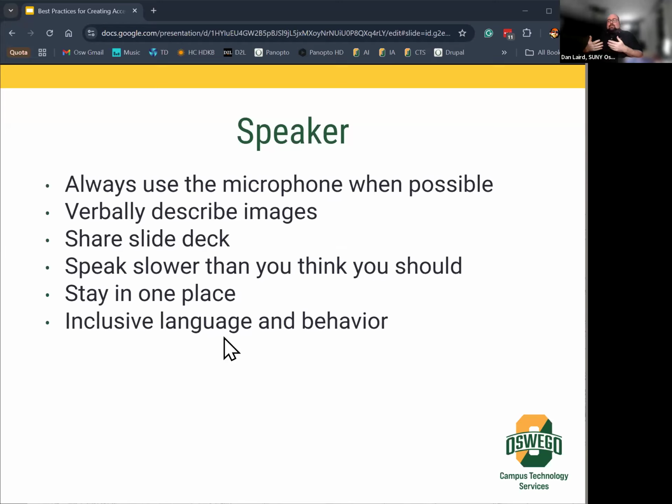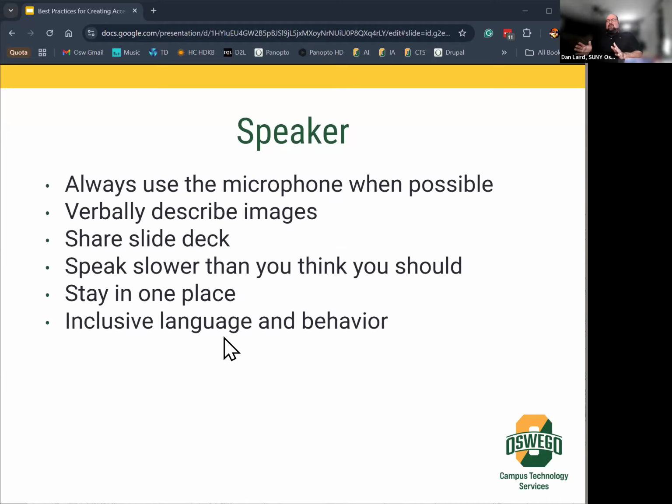Because it's easier for some people to have the slide deck in front of them and follow along while you're speaking, that might be a better way for them to learn. So share the slide deck, and speak slower than you think you should. You're not trying to race through your slides, and it's better if you slow down and make sure that you get your point across rather than make sure that you get into your allotted time. If you have time, rehearse and try to get what you need in the right time constraint.